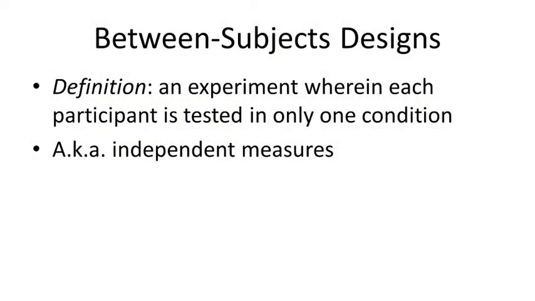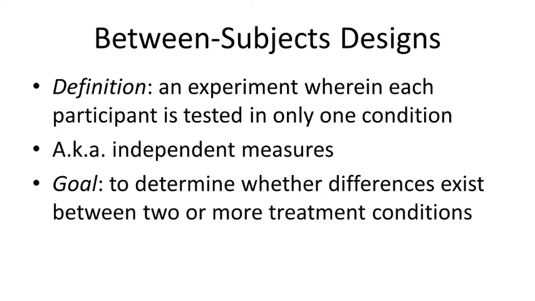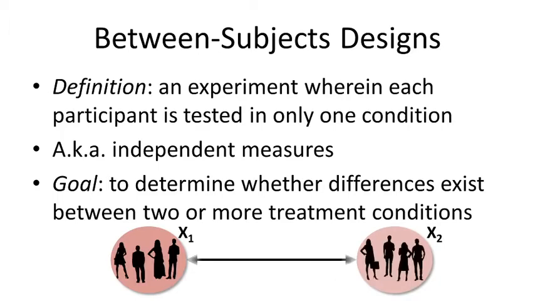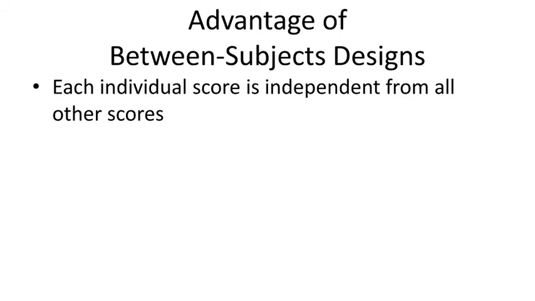When it comes to the between subjects design, where we measure people in only one of these conditions, you could also call this an independent measures design. There are some definite reasons why you would want to use this. The whole point of doing a between subjects design is to see if there are differences between these treatment conditions. In other words, is our experimental group different from our control group? But like I said, there are reasons why you might want to do this.